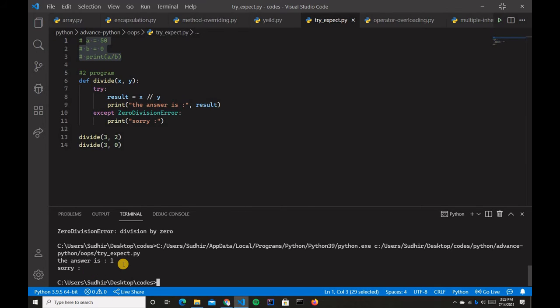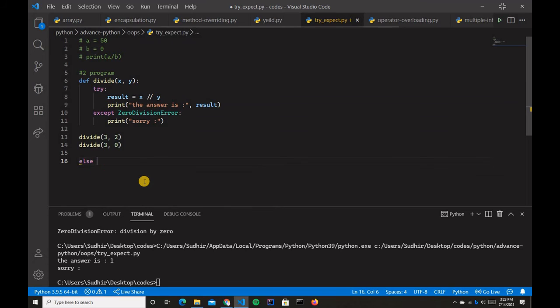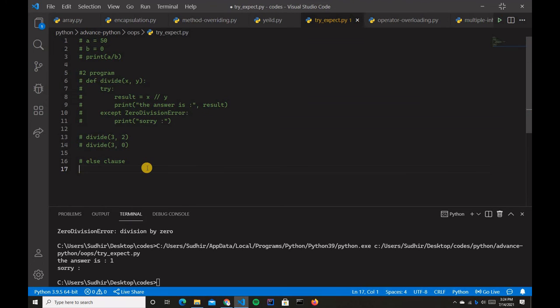So guys, now the else clause. I just mean to understand the else clause better, so we will write some code. So here I will type else clause, something like this, and comment out this. And then guys, you have to create a function, and that function name is going to be divide. So guys, let me copy this code. First of all, let me comment out this and copy and paste it here.